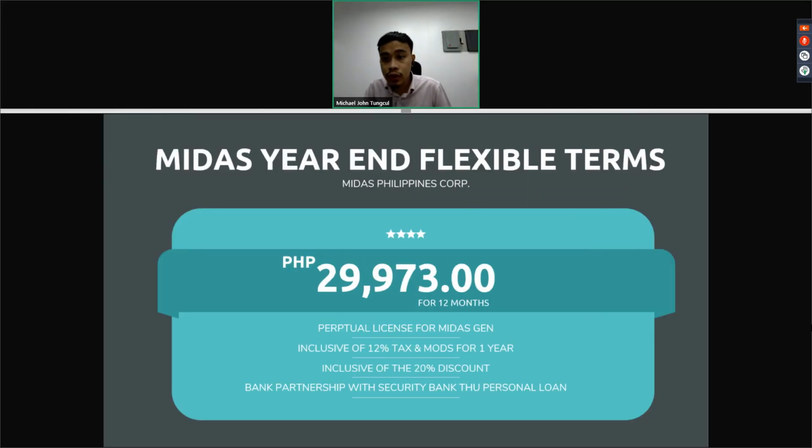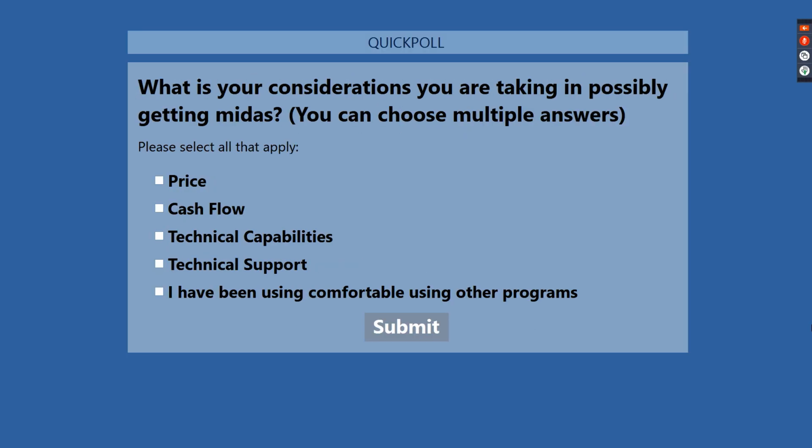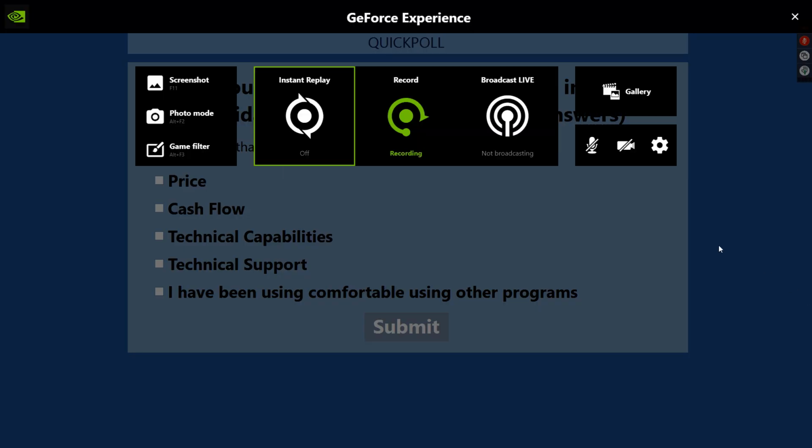The next question will be, what are the considerations you are taking in possibly getting Midas Gen? You can choose multiple answers for this question. So, what are the factors that you are considering in getting this program? Is it